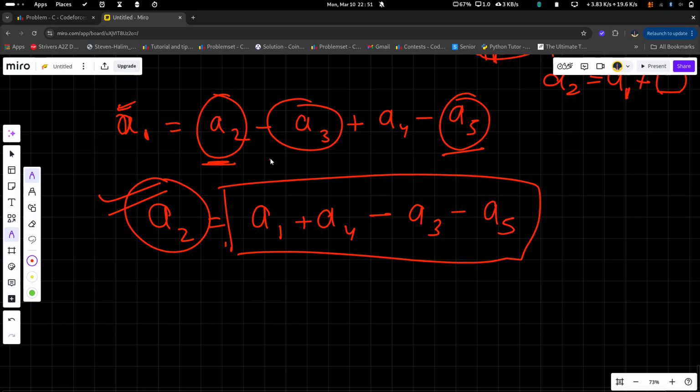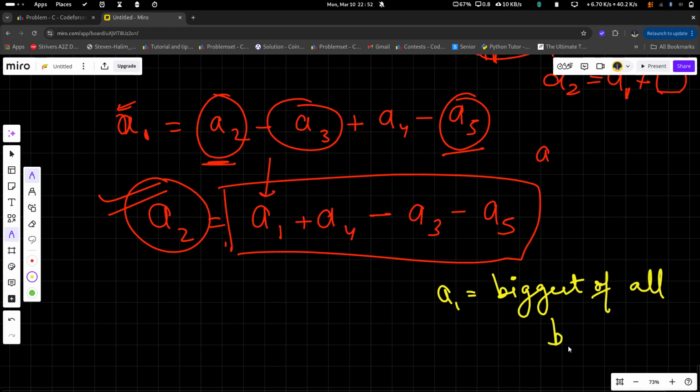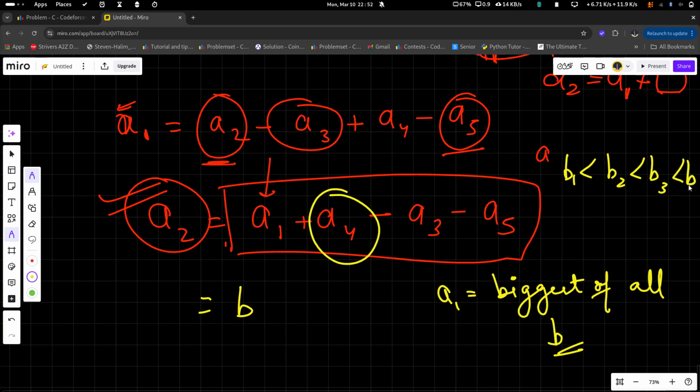What I can do is put a1 as the biggest of all the b's. I made a1 the biggest of all b, and then a4 as, let's say b was b1, b2, b3 and b4.